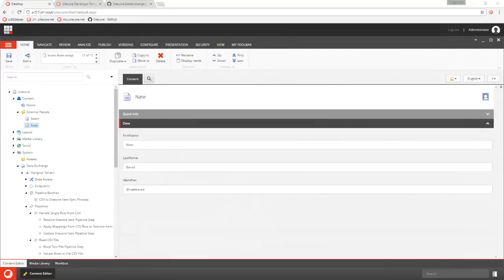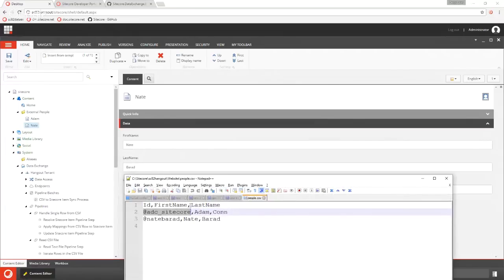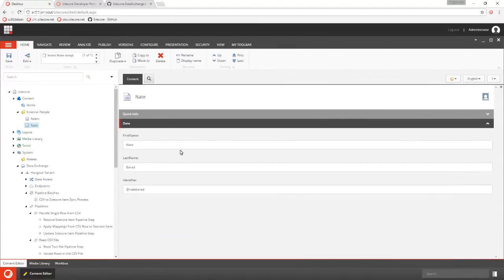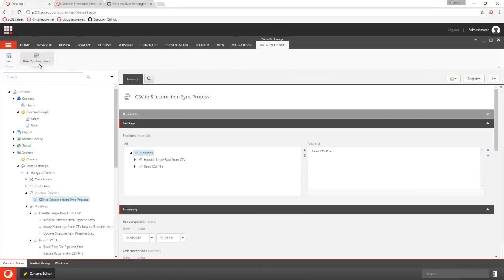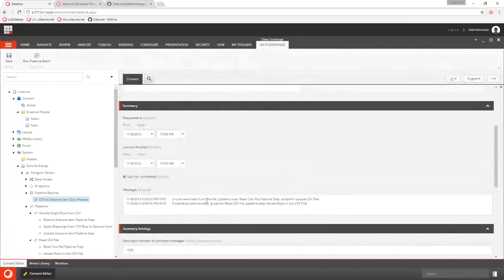I can go in and change the file. Add another record. Run the batch again. This time, 3 elements were iterated.